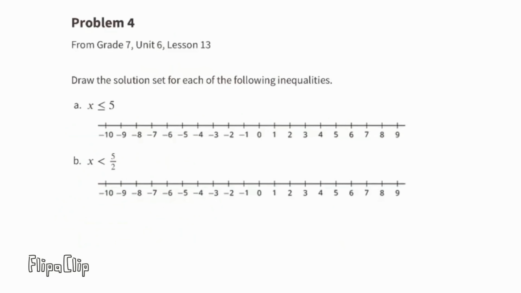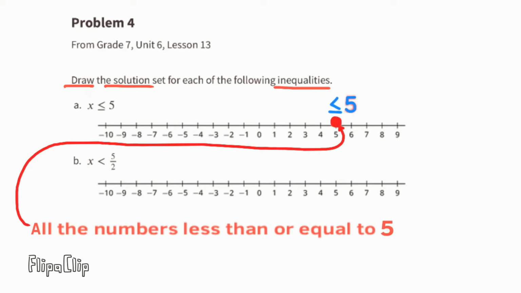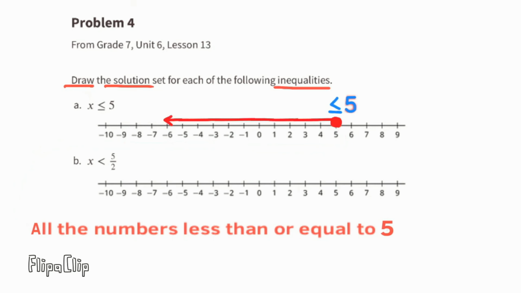Problem number 4 from 7th grade, Unit 6, Lesson 13. Draw the solution set for each of the following inequalities. A. X is less than or equal to 5. Since we're talking about 5, I can circle it, but it says that x is less than or equal to, so we need to bubble in that circle. Fill in the circle to represent equal to, so in this case it's going to be equal to or less